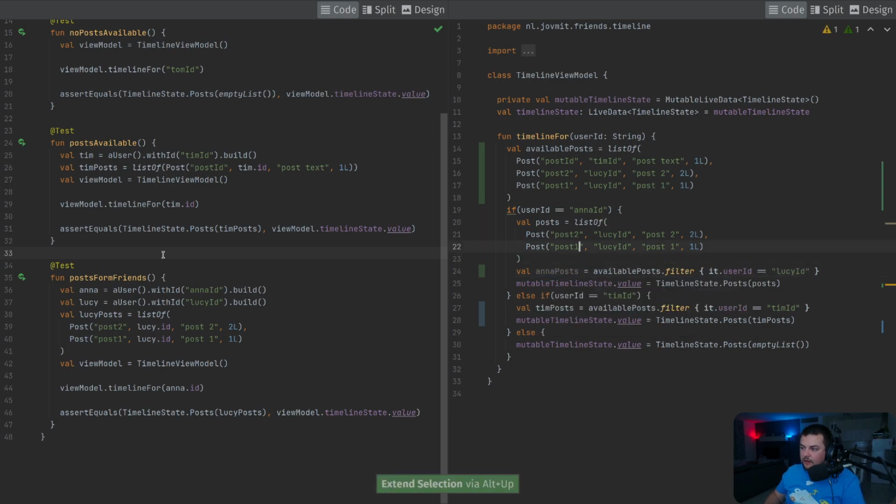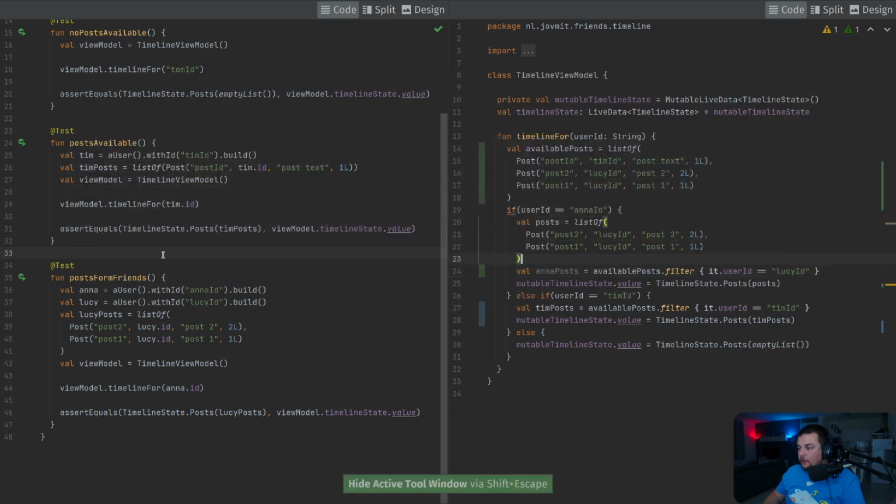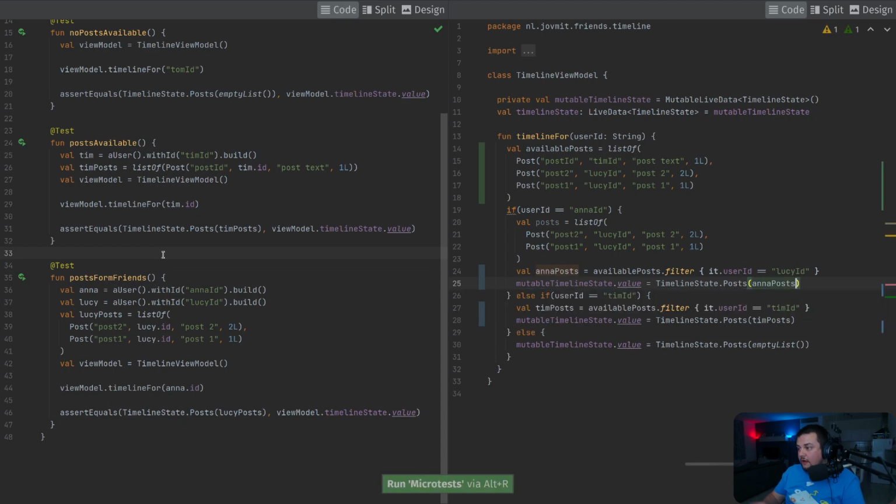It's still weird, as we mentioned in the previous episode, why Anna posts are the posts where the user ID is Lucy. But the thing is that we need to load posts from friends, and the only thing that we can do right now is just hard code it, and then we will see how everything's gonna evolve